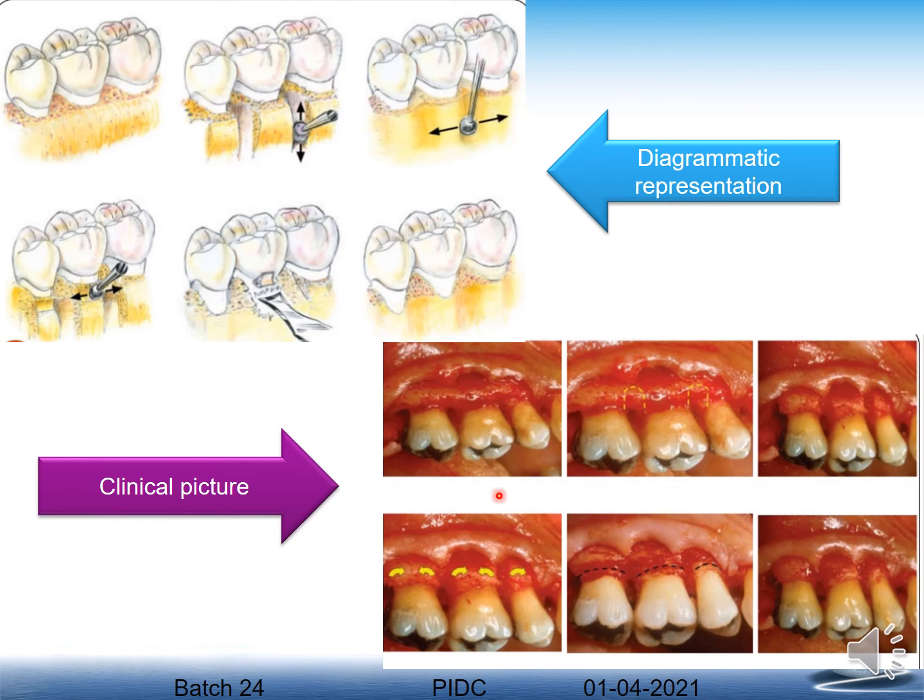So this is a clinical picture wherein I have a bony defect, a bulbous contour here. I go in for vertical grooving. You can see the grooves which are put, and then the radicular blending is being done. And after that, the third procedure is not done in this case. The fourth procedure, wherein the marginal bone is gradualized, is done. So this is the fourth procedure.